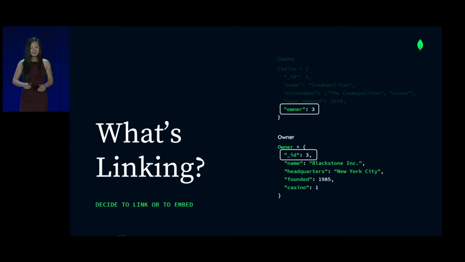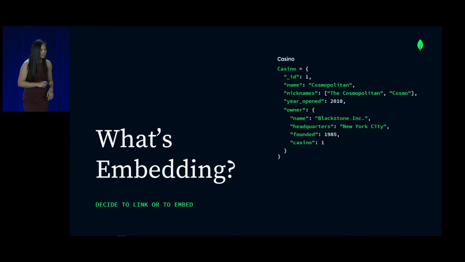Embedding, on the other hand, is taking that information and just putting it in the document, putting it in that same document. We take the information or the characteristics or fields that we need and embed them in the same document. And out of that, once we have your relationships, once you have your entities, once you start finding all the different fields that are part of your entities, this is the next step that you would need to go through and iterate through. What is better?